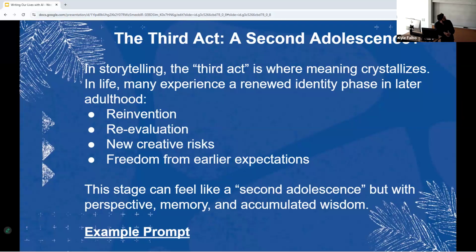But there are also many experiences of a renewed identity phase in later adulthood: reinvention, reevaluation, new creative risks, freedom from earlier expectations. My father retired last year, I think at 67.